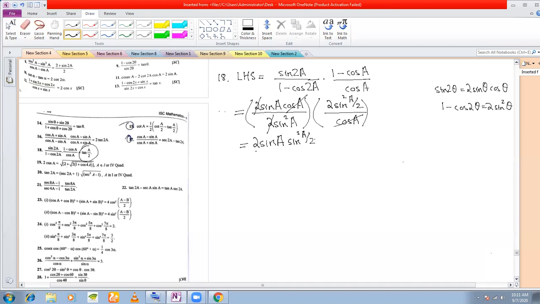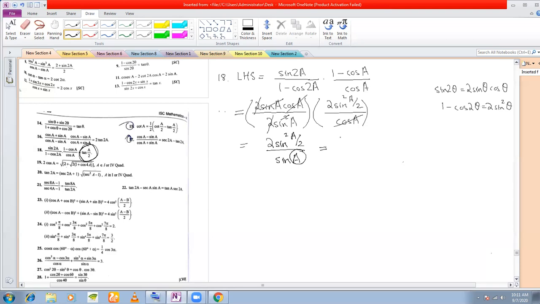And I am left with, in fact, one sine will also cancel. Okay, so let us cancel that sine. Which sine will cancel? This sine will cancel with this. One sine will cancel. So you're left with only 2 sine square a by 2 by sine a. But everything that you see here is in a by 2 on the right hand side. You have tan a by 2. You don't have an a. So that means this a that we have here, we have to convert this also to a by 2.